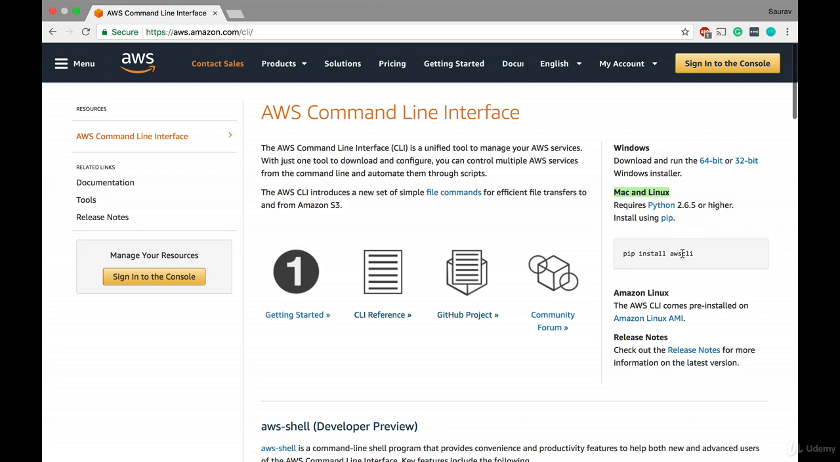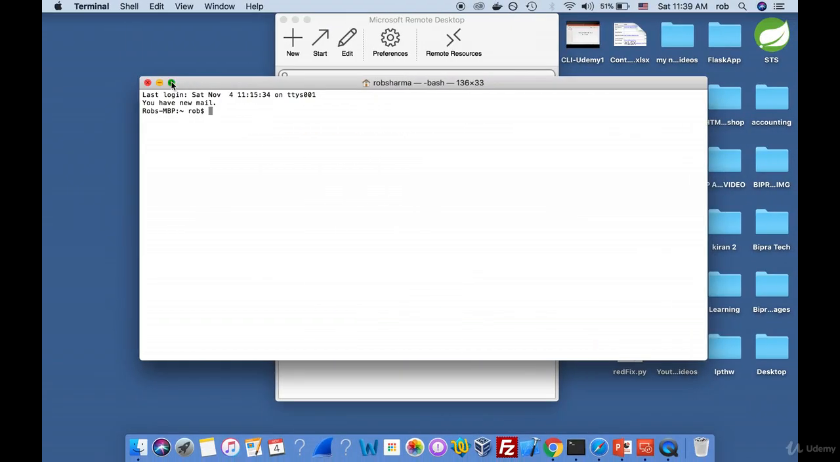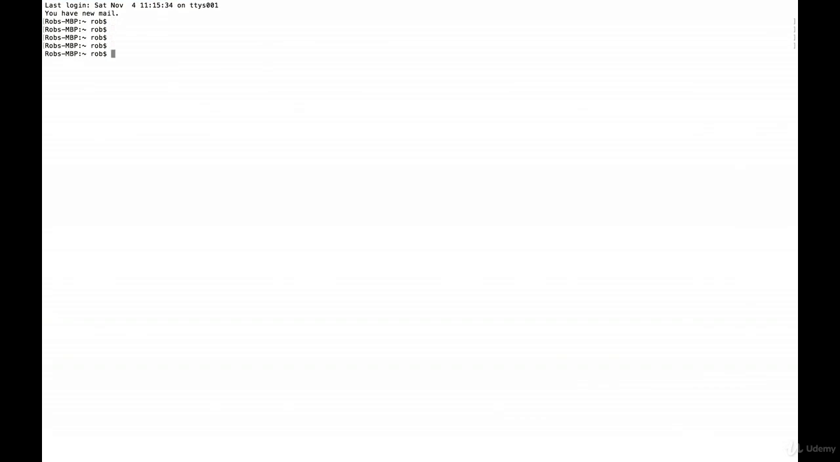You can install the AWS CLI through pip, and we are assuming that you have Python installed already on your machine. To do that, what we will do is come to the command line. So come to a terminal and type sudo pip install awscli,